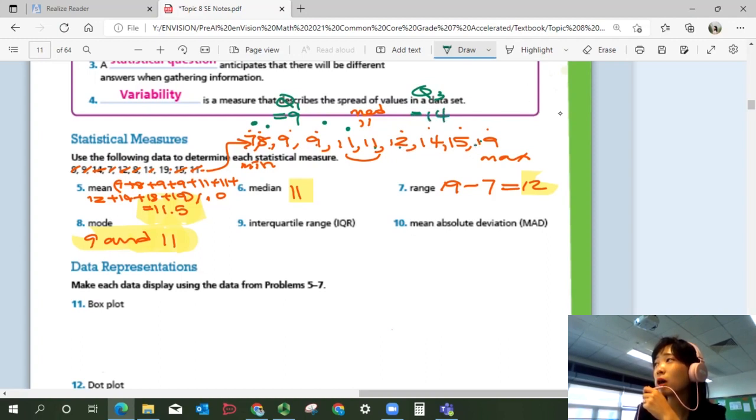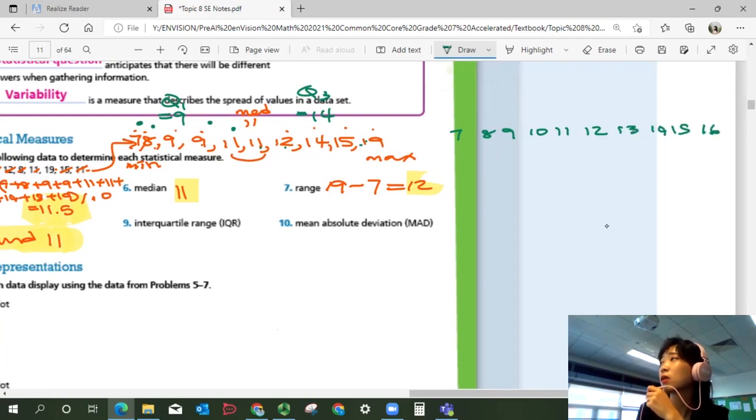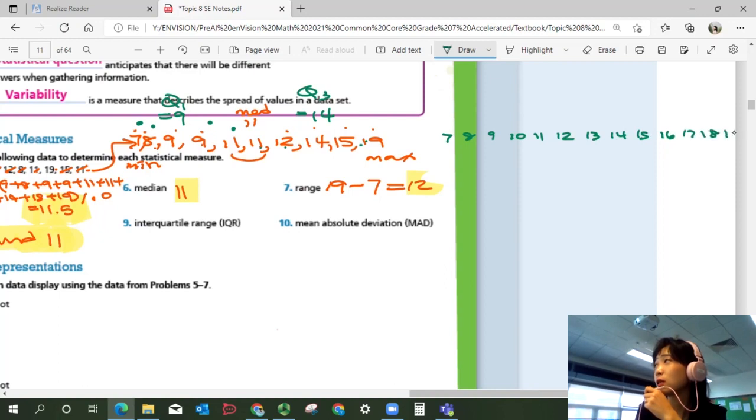So if you draw the box plot, you have 7, 8, 9, 10, 11, 12. Let's move to the right. 12, 13, 14, 15, 16. Whoops. Let me do that again. So if we have 7, 8, 9, 10, 11, 12, 13, 14, 15, 16, 17, 18, 19 on the number